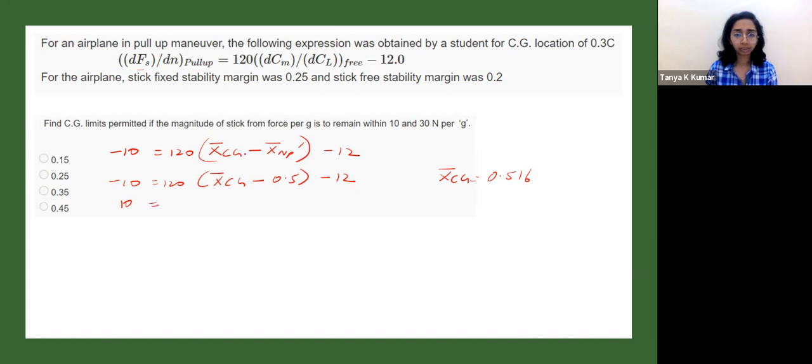Next, we take 10. So the extremes we take. Okay, so we take 10, minus 10, 10, 30, minus 30. Now plug in 10. Rest of the equation remains the same. X bar Cg for this case would be